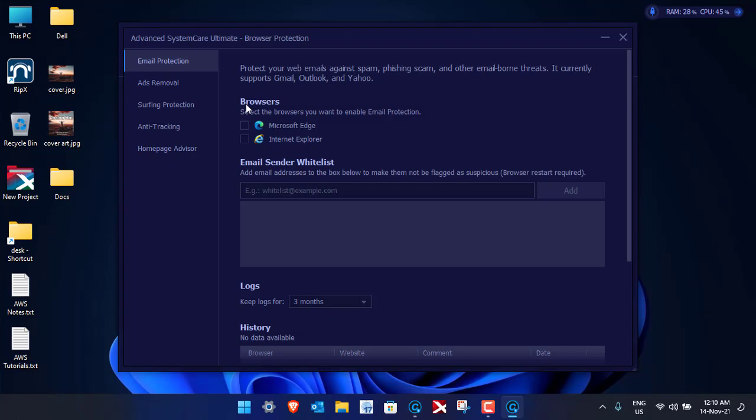So the browsers that it currently supports are Google Chrome, Microsoft Edge, Internet Explorer. Right now I have Edge installed in the machine. If you click on Edge, the email protection option will be enabled. So in the Edge browser, if you open Gmail, Outlook or Yahoo, the Advanced System Care Pro's malware engine will help you detect any kind of phishing, scam or any other threats that you might receive with